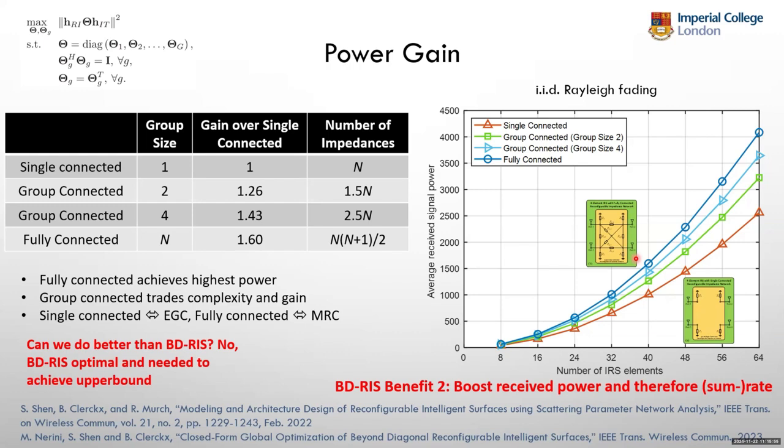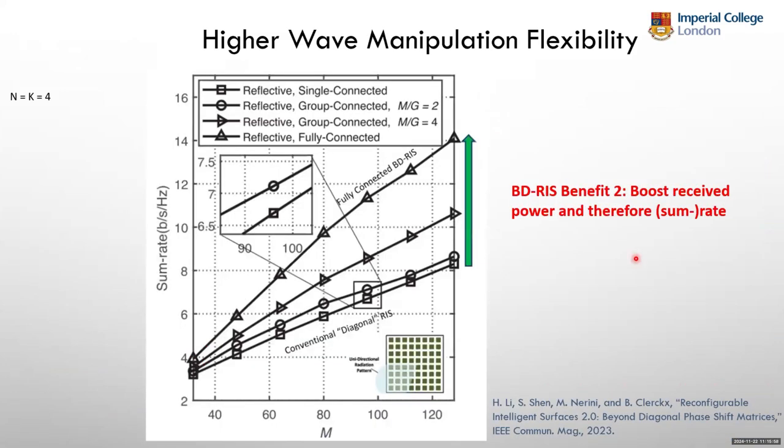Consequently, you increase the rate and sum rate if you have a multi-user system. So this is an example of gains when you have a multi-user MIMO system that is aided by a BD-RIS. You have 4 transmit antennas that serve 4 users, and you add a beyond diagonal RIS. You optimize jointly the multiple access schemes, or the multi-user MIMO precoding schemes, and the beyond diagonal RIS together. And what you see here is that the sum rate enhancement compared to conventional RIS becomes very significant. You go from 8 bits per second per hertz to 14 bits per second per hertz. The reason for this is that you have much higher wave manipulation flexibility and a way to manage the interference within the networks. And that gives you this very big boost